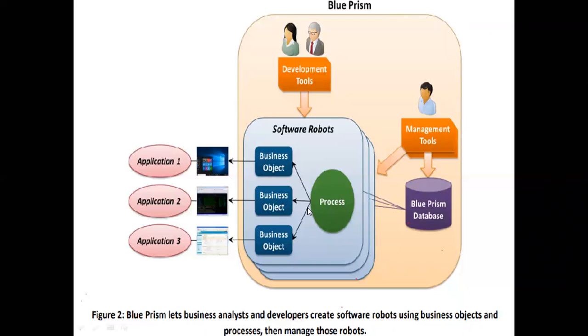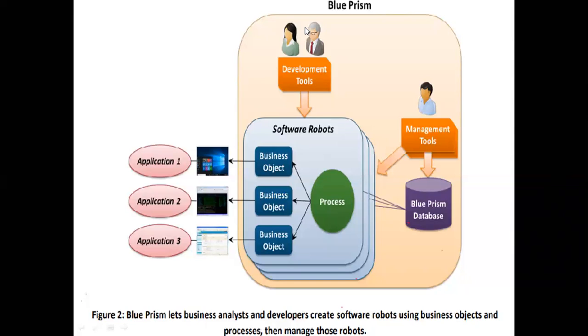For example, your client is using one application with 200 members, 200 human workforce is working. So what I'll discuss with the client is, I'm ready to automate your application. So you can reduce your human workforce and increase your productivity, and we can go for deploying our bots. So this process is nothing but a bot, and every process will have the business objects. In this application, one business object is running. In this application, another business object. In this application, another business object. It means at a time, my bot can execute multiple applications and get a result.